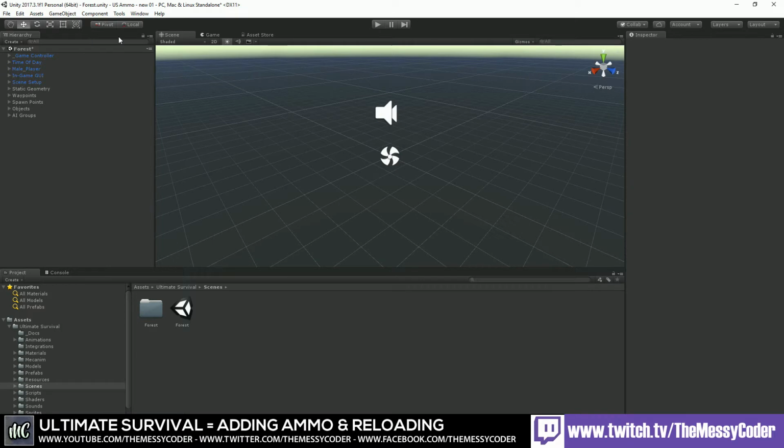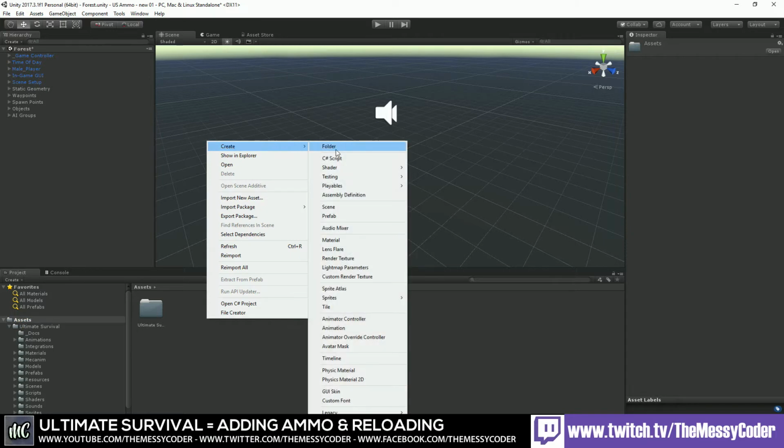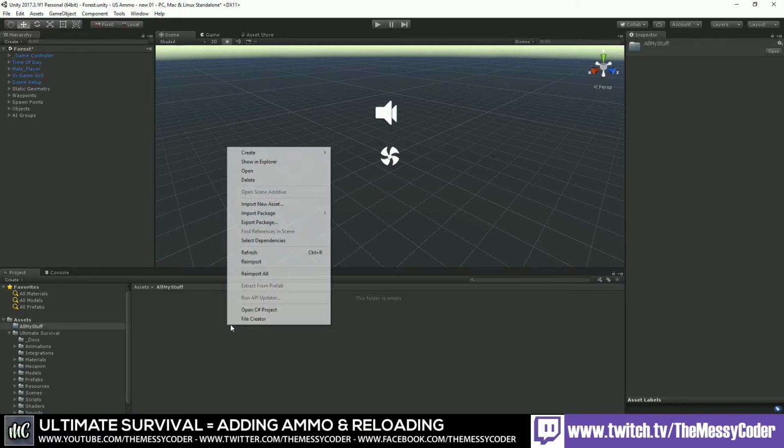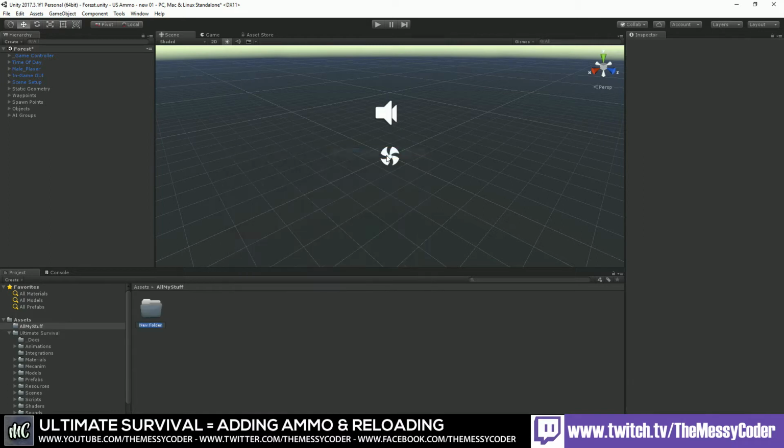And that was that part. Now we want to start mucking about with code. So again, I'm always going to make my create folder and I'm going to do all my stuff. Now in this project, we're going to be editing some existing files and we're going to be creating some of our own. Let's go into all my stuff. I'm going to make a scripts folder. Okay, now in my scripts folder, we're going to be making new ones,